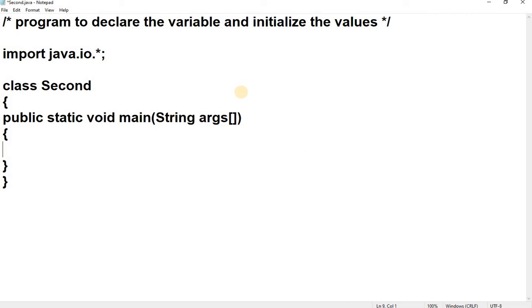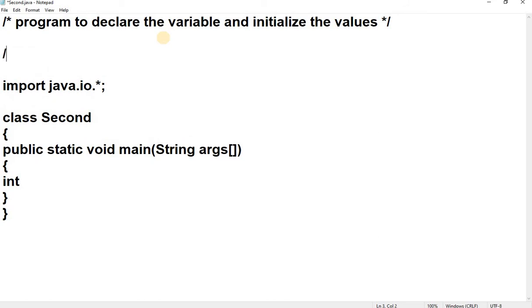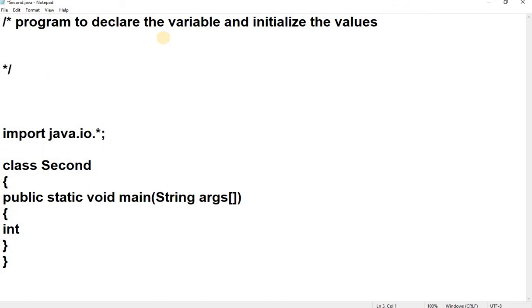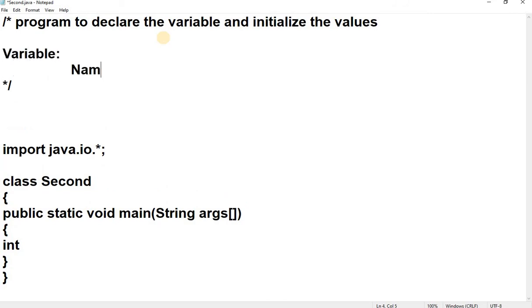Now, how to declare the variables. We have to declare a variable, integer. I will give the variable name. Remember what I told about variable. Let's write a few lines about variable here. I'm giving that inside a comment itself. So first of all we write here variable. What is a variable? The name of the memory, which I declared in the beginning. I have explained more about this in my first video.